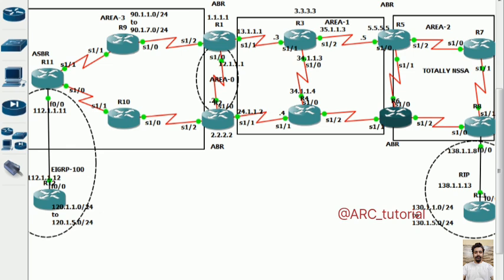So what can you do, because R5 and R6 both of them are working as an ABR, so you can say IP summary area 2 range 88888 245 245 245 245, not advertised. Do not configure any distribute list,